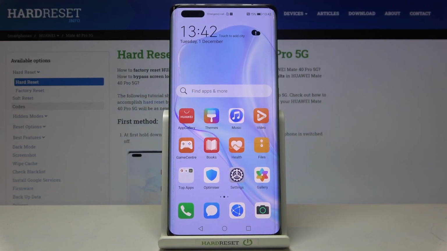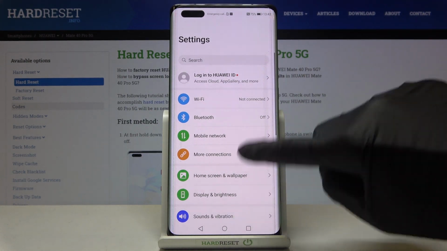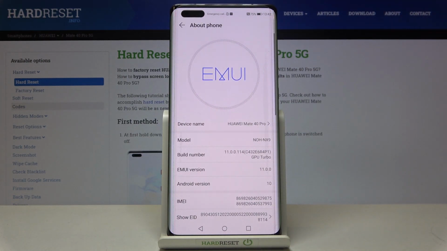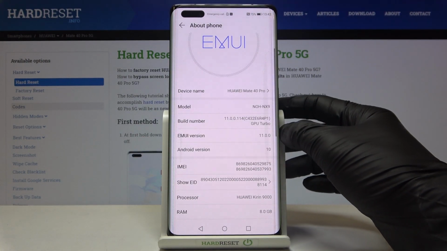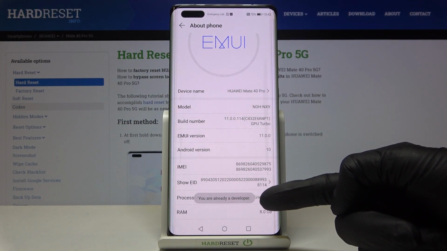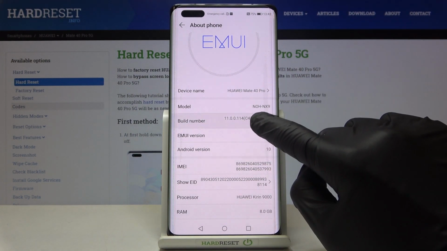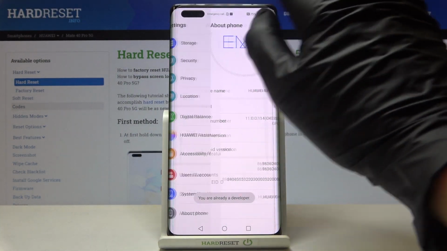Here I've got HUAWEI Mate 40 Pro 5G, and let me show you how to activate automatic system updates on the following device. So at first you need to open the settings, then find and select About Phone, and here click on build number 7 times. Okay, so we've got the developer mode already activated, but once it's unlocked, just click on it 7 times, then you will be able to reach